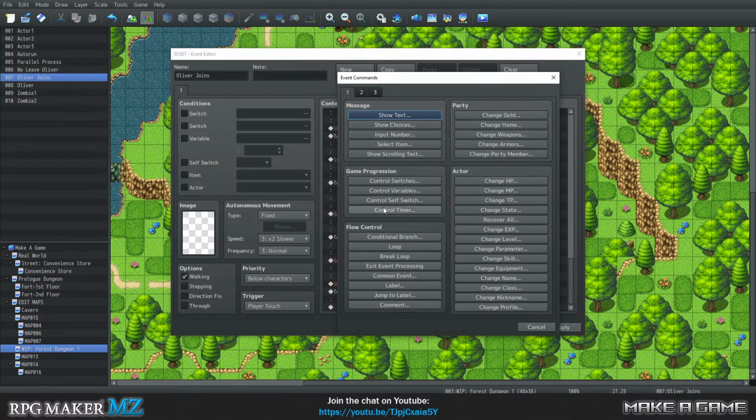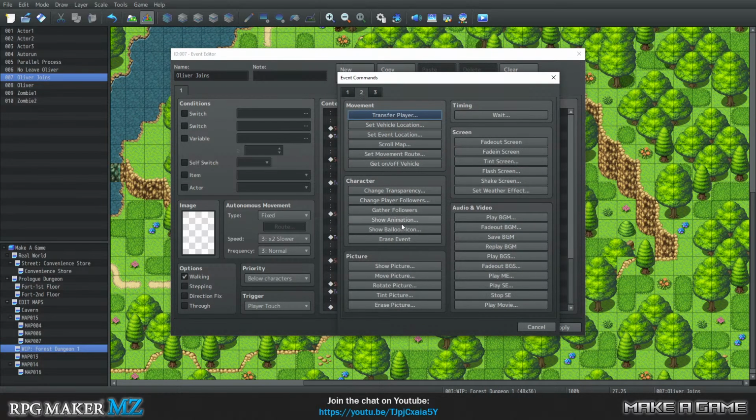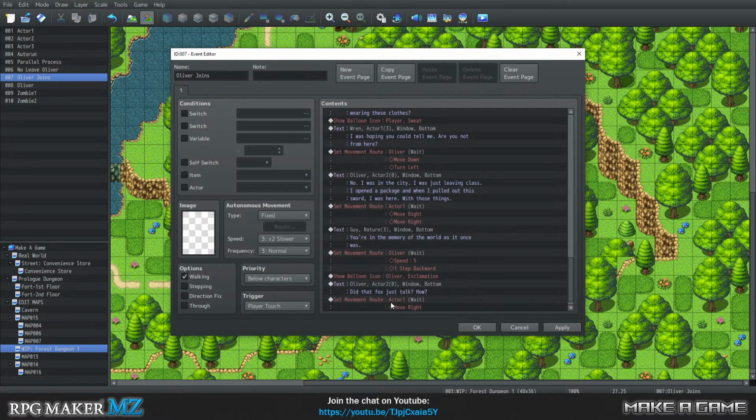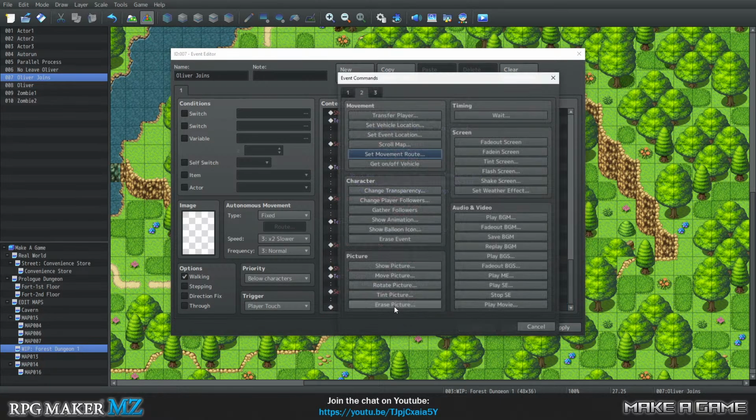All right, so I'm gonna have our Fox dude step one step forward. I don't really need to check where he's standing for that to work because anywhere close, he's gonna move. That's right. And then I'm gonna give him a...